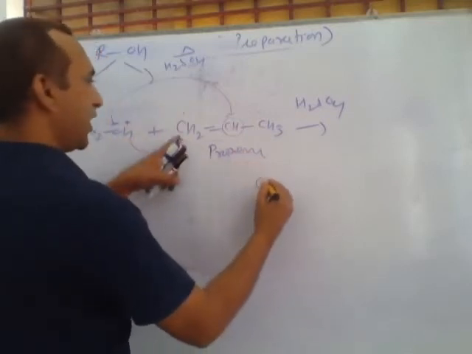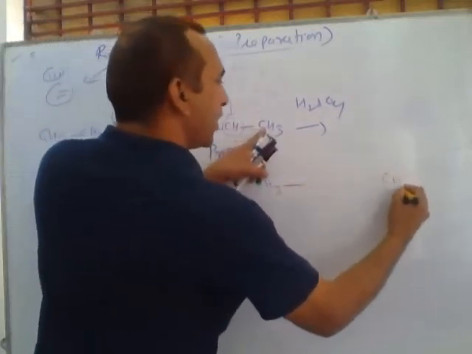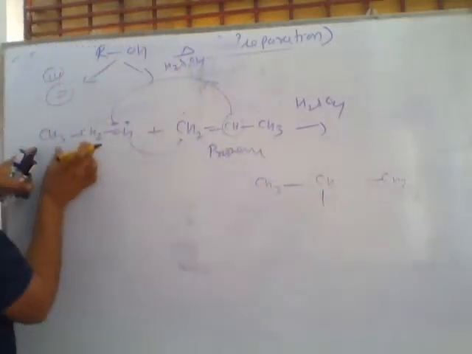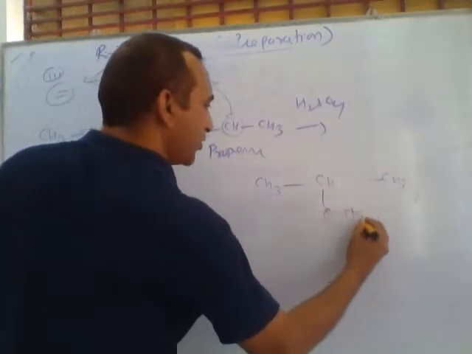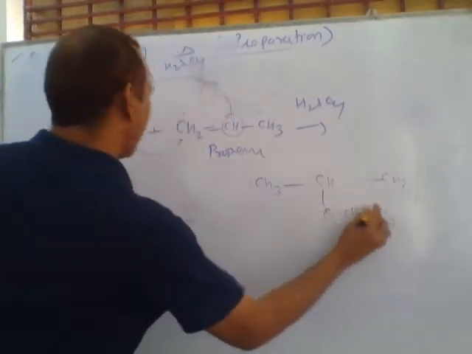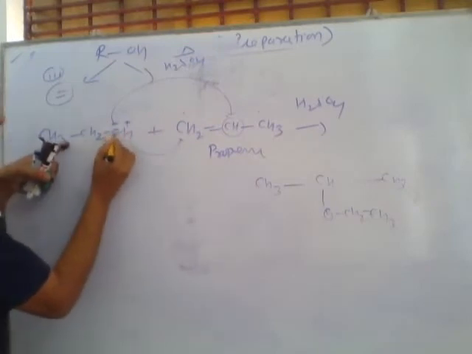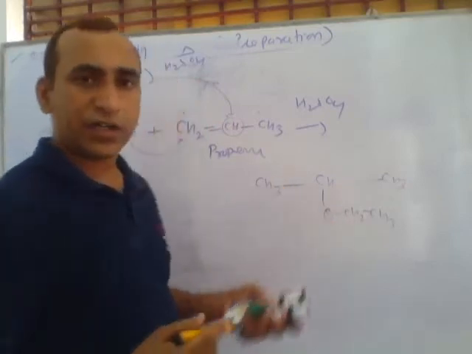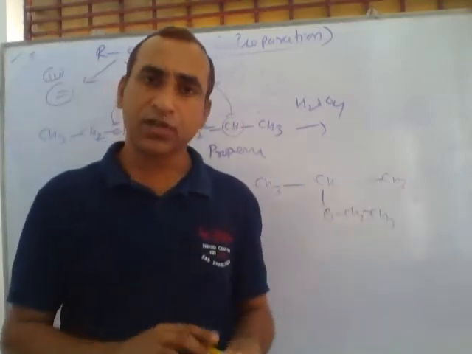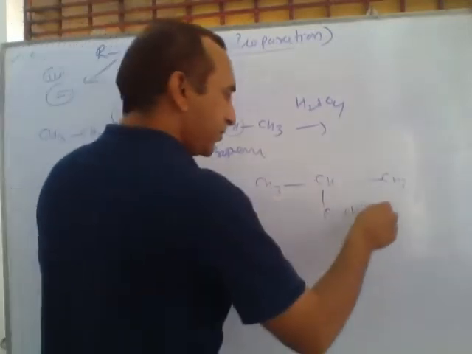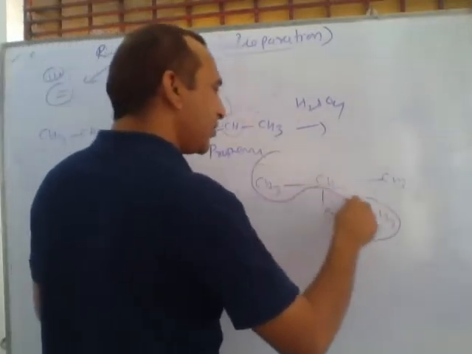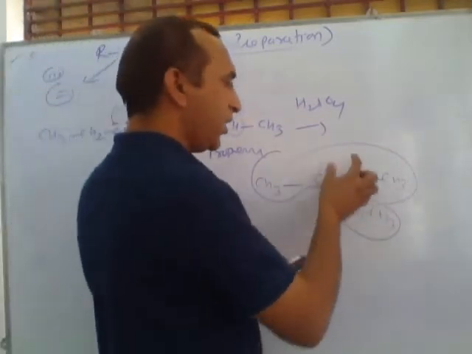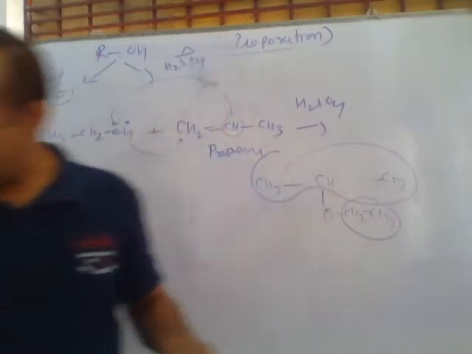After that, this product forms, here CH3, here at last also CH3, but from the middle CH, the new group O CH2 CH3 will form. Here this is CH3 CH2, this O is directly connected to the middle carbon, and if these two carbons connect with oxygen, this is called an ether. Can you write the name of this compound? This is an ether. What type of ether? This is ethyl. This group is called isopropyl. According to alphabetical order, you can say this is ethyl isopropyl ether.